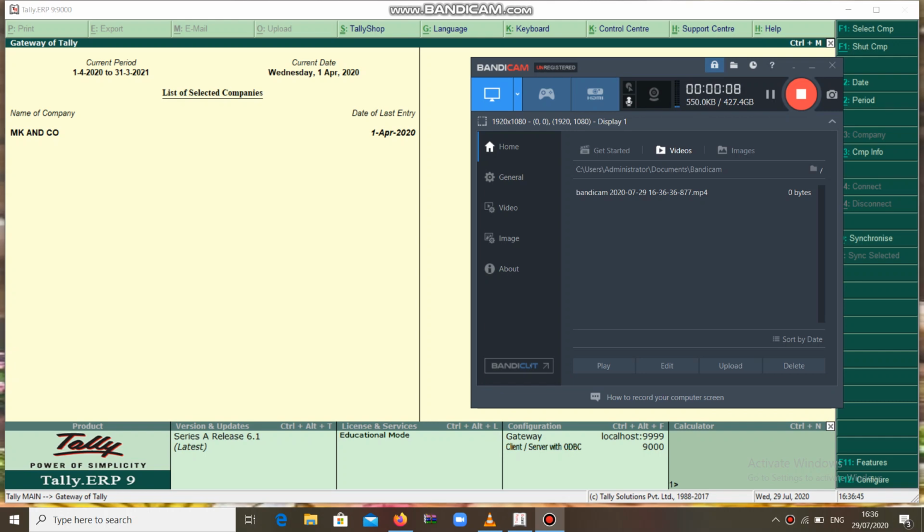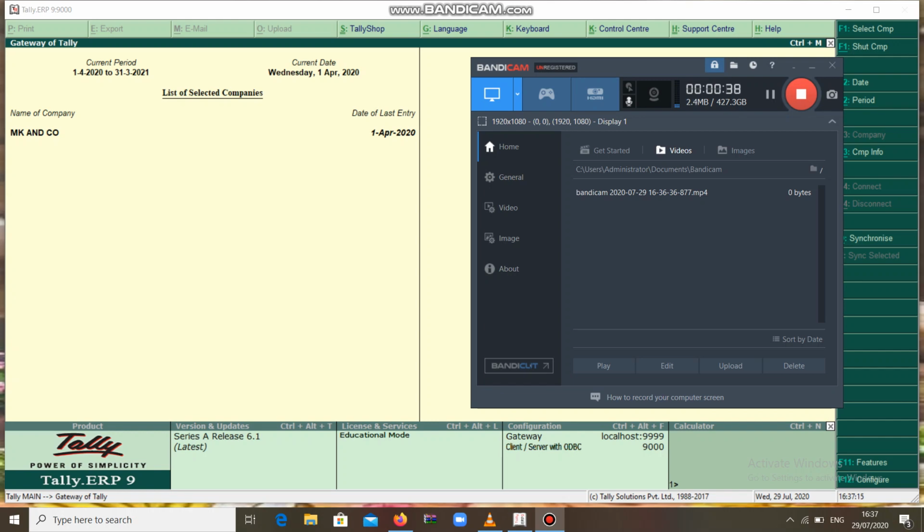Today I am going to explain the creation of GST on the sales. Means if you are selling the goods from one state to another state, how to pass the entry. That is nothing but business to consumer. For example, I am taking 12% items, which come under sewing machine, cell phone, ketchup, sauces, frozen meat products, butter, cheese, ghee, all these things. So I already created one company, MK company.